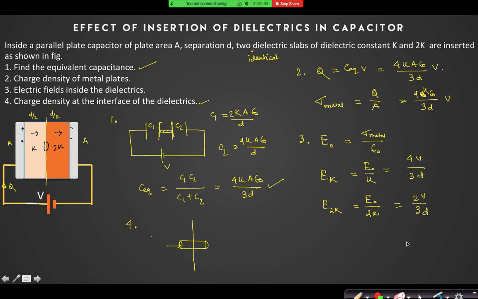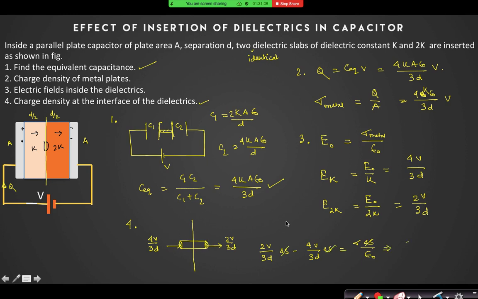What is the inside charge? Inside charge for Ek is 4V by 3D. And the outside electric field is 2V by 3D. It will be negative. So I can say outside I have taken positive. So 2V by 3D into delta S minus 4V by 3D into delta S. Delta S is the small cross section that I have taken here, right? And that is equal to sigma into delta S divided by epsilon naught. Have I written this equation correctly?